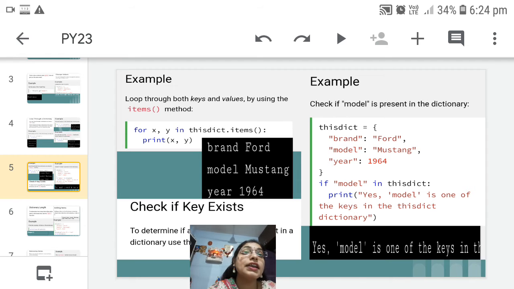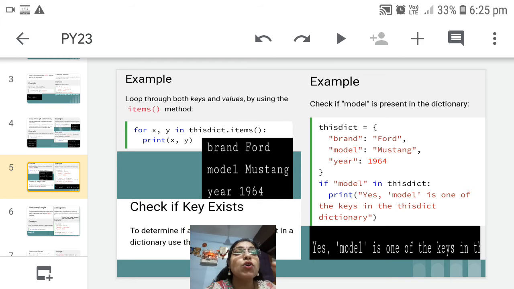Next, if you want to see values along with the keys, that is again possible with the help of the items method, that is for x comma y. So now we want to display keys and values. For key and value, we should have separate variables. This is the reason why in this example, for x comma y, x will have the keys and y will have the values.